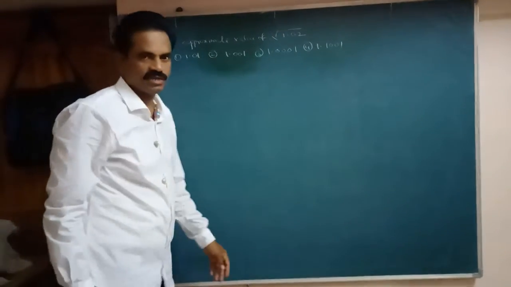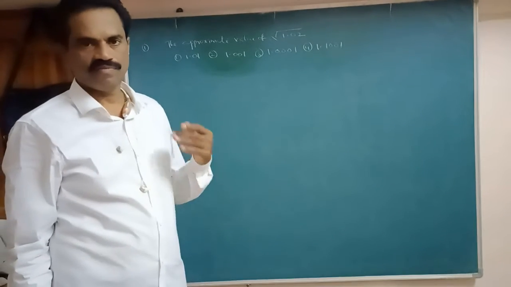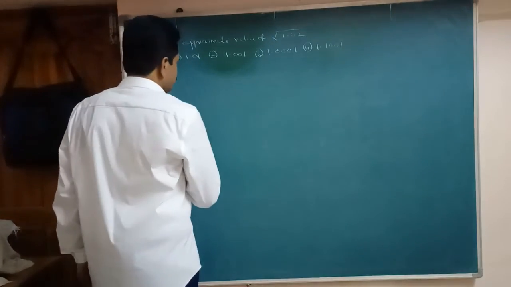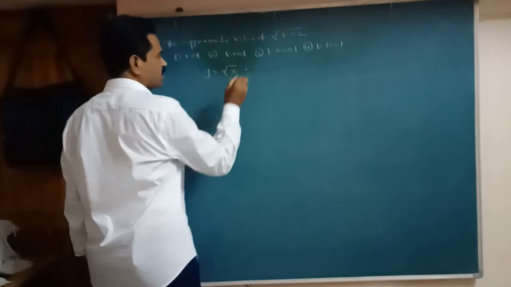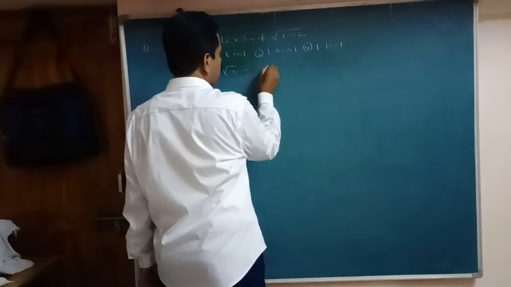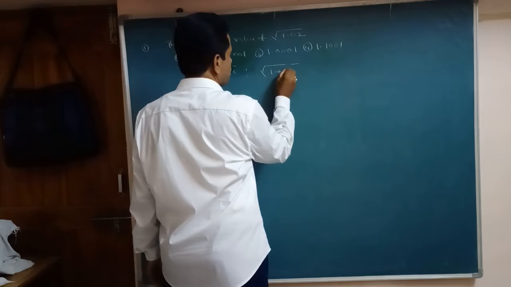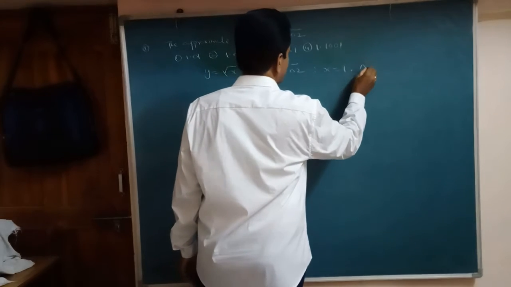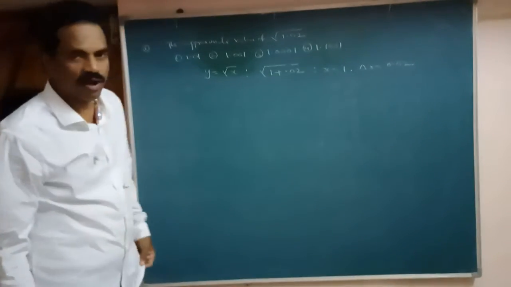See here. We already discussed, okay? First identify the function, then perfect square and delta x. What is given here? Root 1.02 is given. Then the function is what here? y equal to root x. Here 1.02 is nothing but 1 plus 0.02. Then x equal to how much here? 1, and delta x equal to how much? 0.02. So find the approximate value.